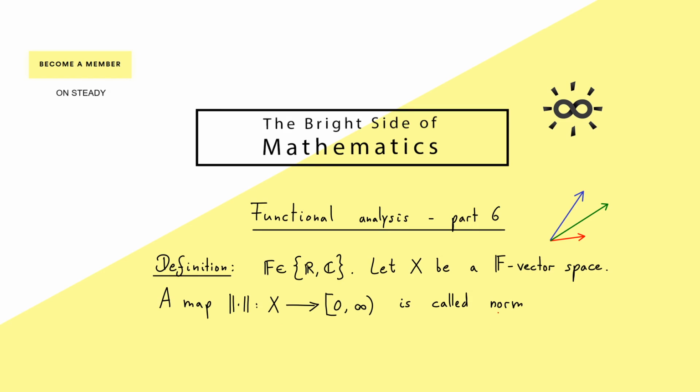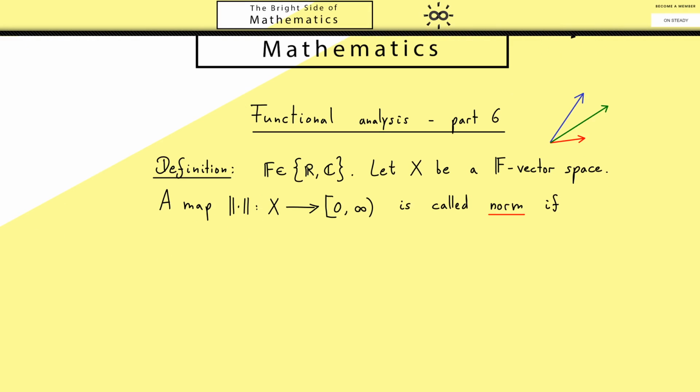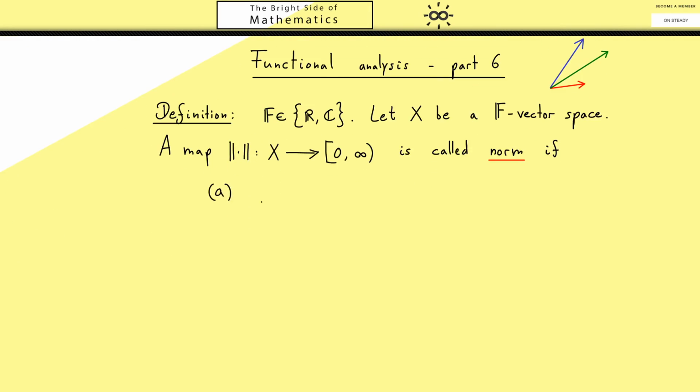And this map we get, we call a norm if it fulfills 3 properties. Since you already know metrics, you might easily guess some of the details here. For example, in A, we find the positive definite part, which means if we have the length 0, then this is equivalent to having the 0 vector. Or in other words, the 0 vector has length 0, which makes sense, but it's also the only one with length 0. Now part B explains what happens to the length when we scale a vector.